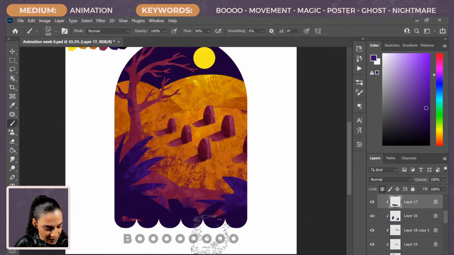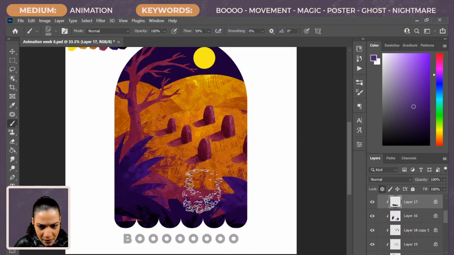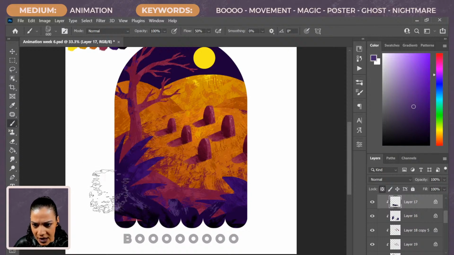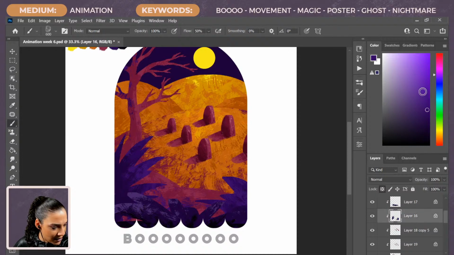And then we'll do the same thing with this front bush. We'll lock that transparency. I'm going to grab a really dark color and throw that here. And then I'm going to grab a lighter color and hit the edges of this bush. It is a little bit lighter than what's in the front, because I really want to separate it, but maybe we can come into this bush again and make it even lighter and hit the tips of these fronds. I'm liking it. I'm feeling good about it.